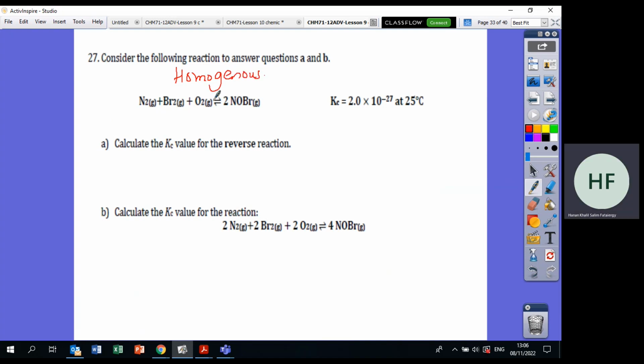Okay, now I want to write the Keq expression. Products over reactants: NOBr, remember that this 2 will be a power, over N2. This is not plus, this is times. Br2 times O2. Now Kc is given as 2 times 10 to the minus 27. This is a very small number, less than 1. So who is favored? Products less than reactants, meaning reactants are favored. Now, what happens if I reverse a reaction and what happens if I multiply a reaction